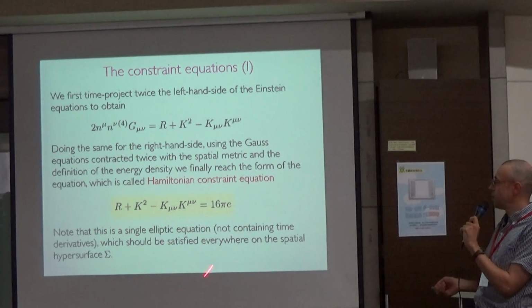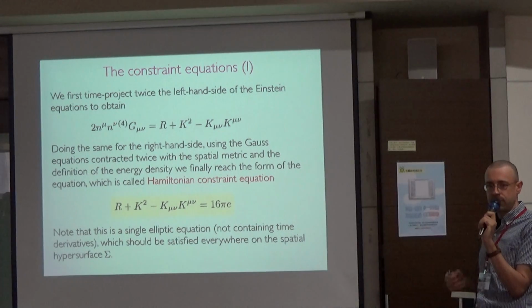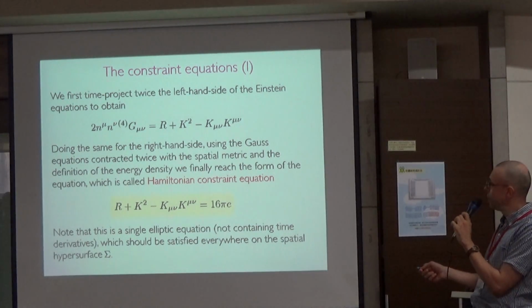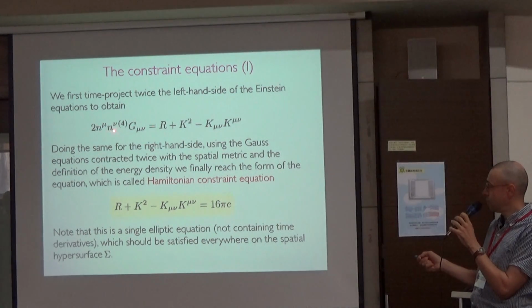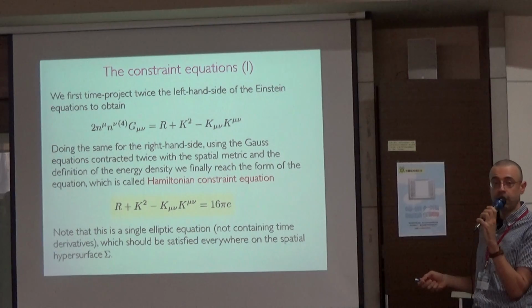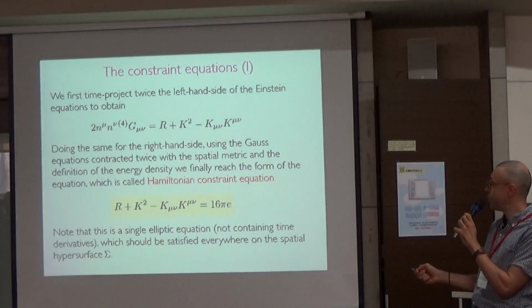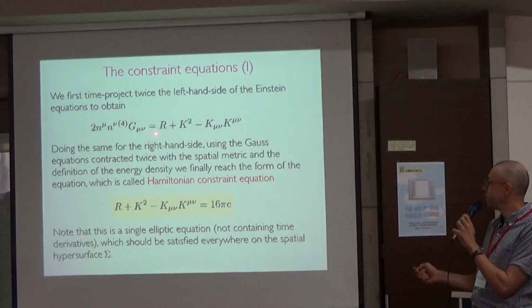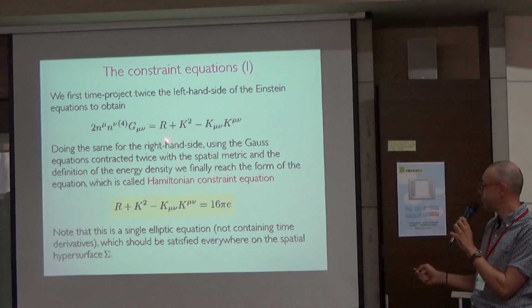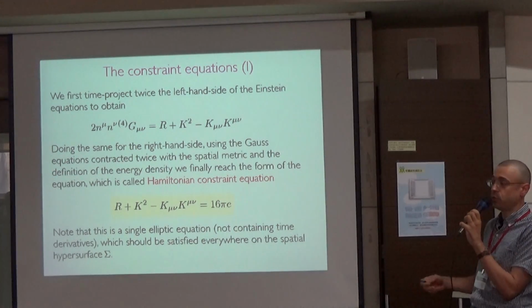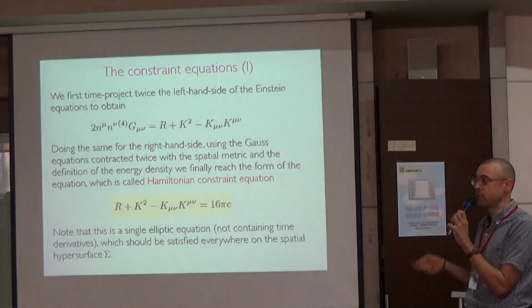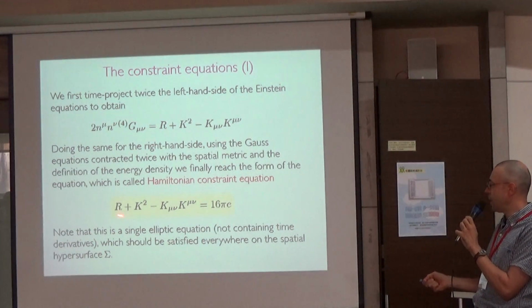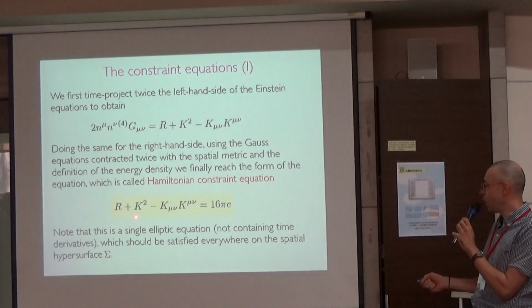Again, this is not something you have to remember, but just to show how to proceed. This is the four-dimensional Einstein tensor. We project it twice with the timeline projection operator, and that's what we get. And if we equate it to the timeline component of the stress energy tensor, we finally get this equation where all